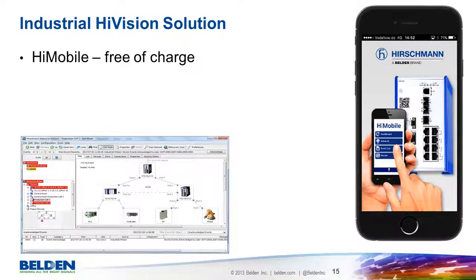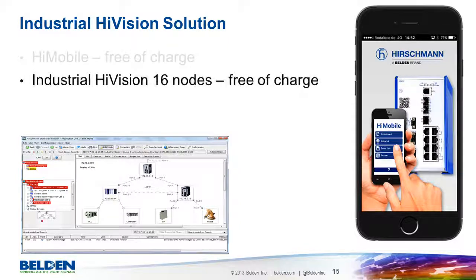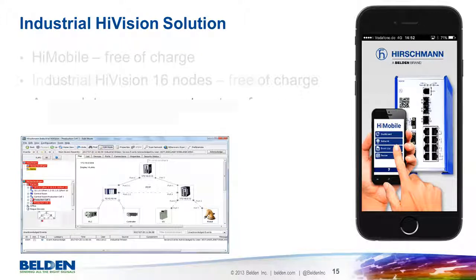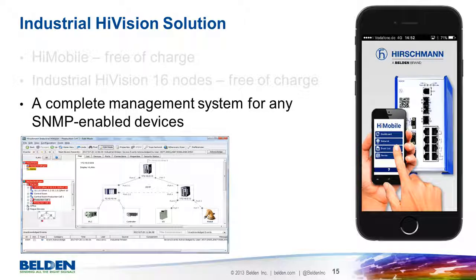Finally, HiMobile is available completely free of charge. However, it's not a standalone app. It's a client for Industrial HiVision. This means that for live operation, Industrial HiVision is required. Industrial HiVision is a commercial application with prices based on the number of devices being supervised. But the license, which manages a maximum of 16 nodes, is fully functional, permanent, and free of charge. A combination of these two free of charge applications makes a nice starting point for managing a small network of